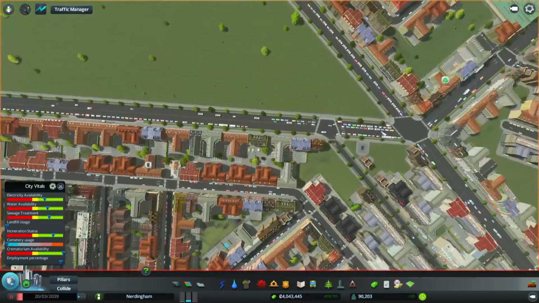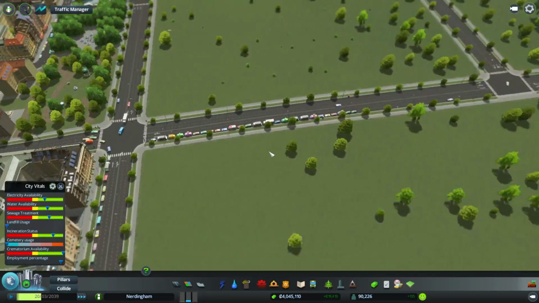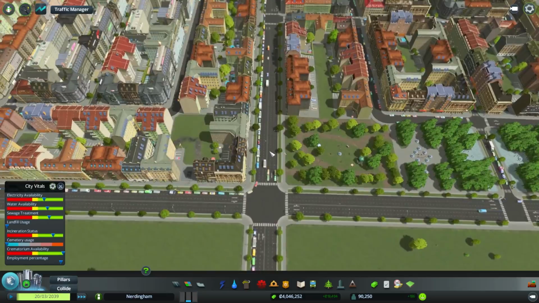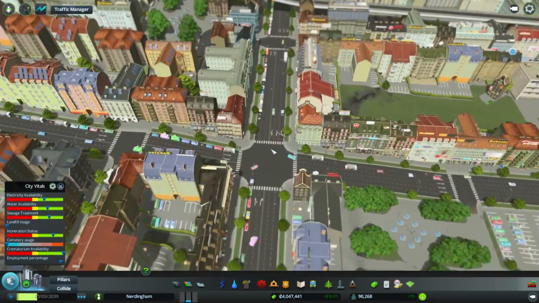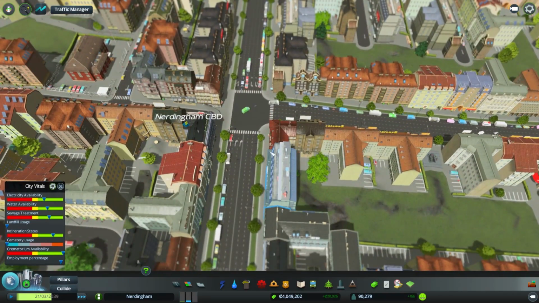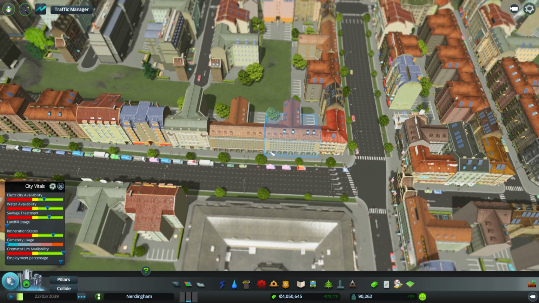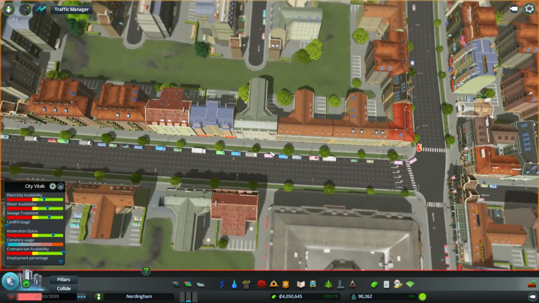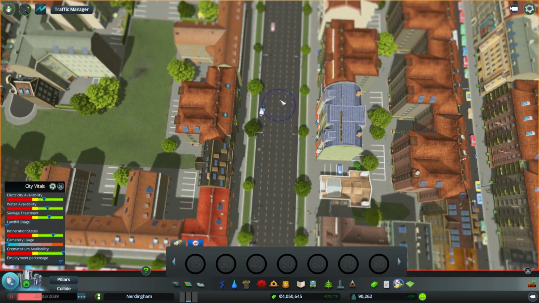So I don't know. This is annoying me because this is backing up like crazy now. This is absolutely insane. Same with traffic here coming out of the tunnel. Same with traffic going down this way. Like, why are you all backed up? Where are you going? Oh, you're all trying to go that way. Okay. Now I can see how that's a problem. It is a little bit annoying that you're all going that way, but I guess what I'll have to do